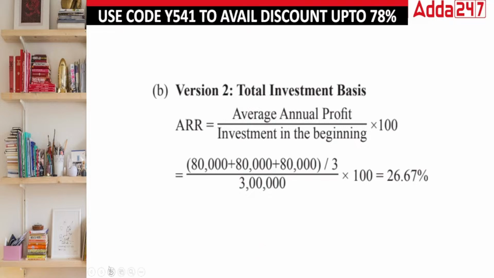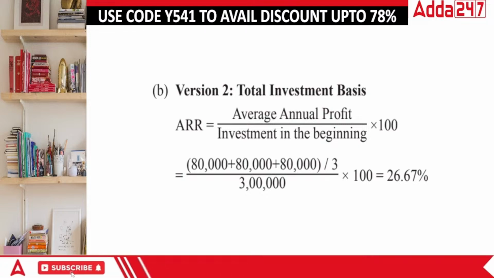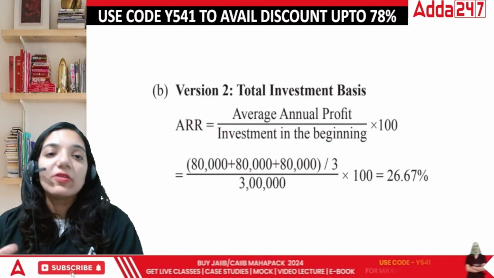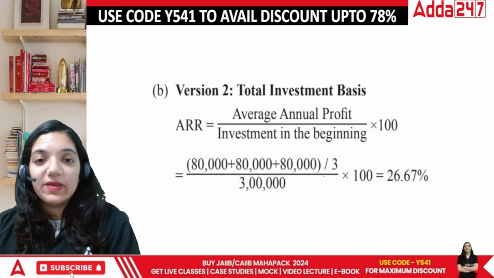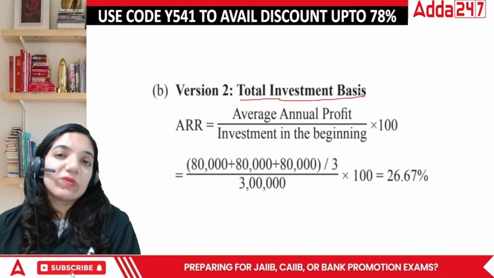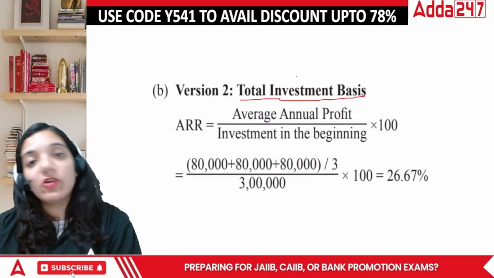What do you mean by the second version, everyone? They are not taking this part. Now they say, we will not take up individual years. Let's take up all the 3 years together. That means total investment basis. Total investment basis means take up your total